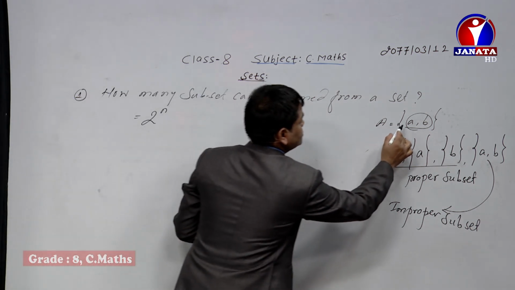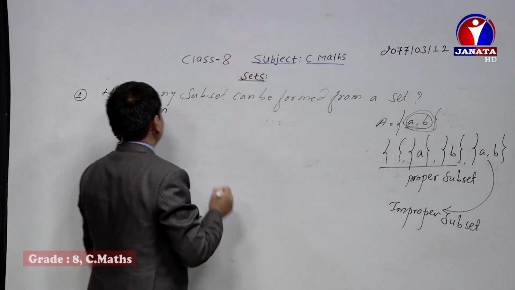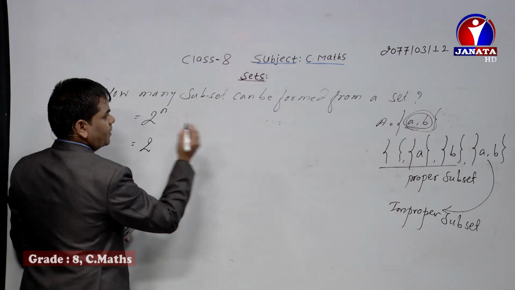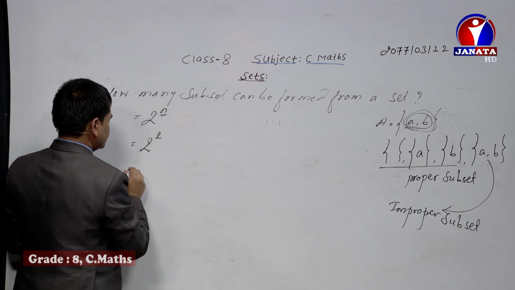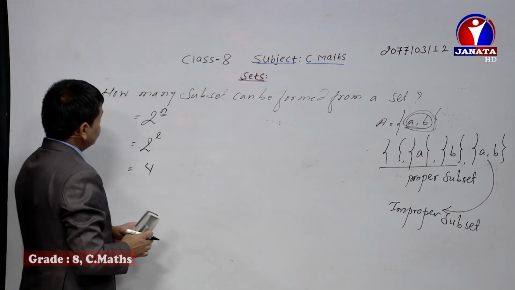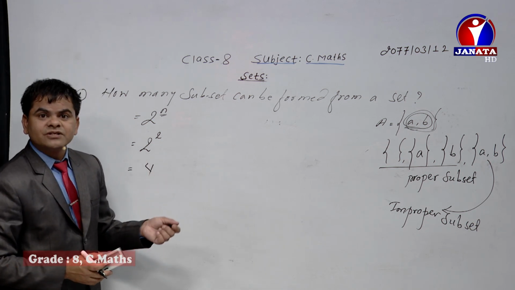So what is the value of n here? It is 2, because there are 2 elements. So in the place of n, we can write 2. 2 to the power 2 equals 4. That means a set having 2 elements